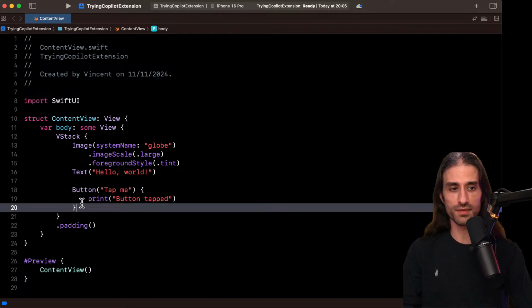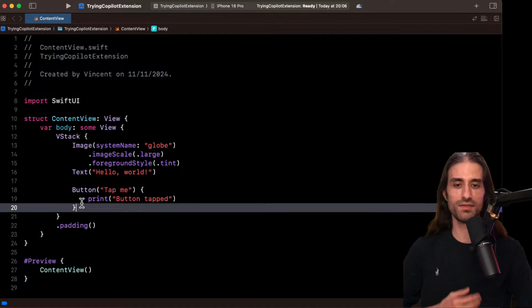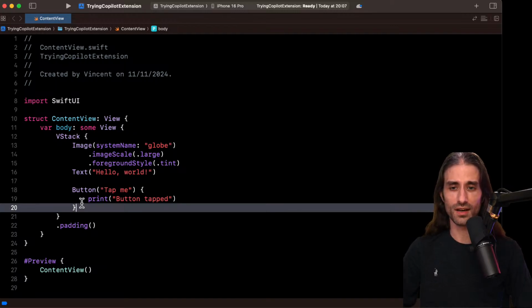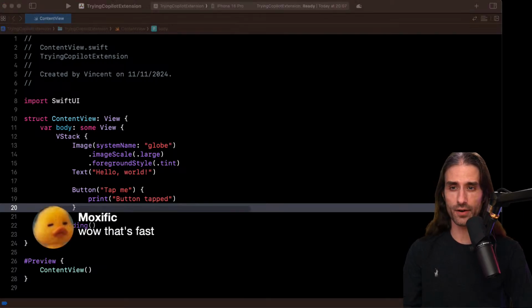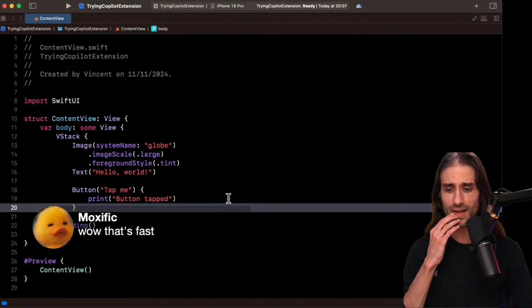It's kind of intuitive, and to me, for this kind of extension, that's what you need to nail, because it needs to feel reactive, snappy. If it feels like it's slowing you down, you will not use it, because it's just going to feel counterproductive. I tried it a few times before the live stream just to make sure it was working, and I was quite impressed. And I can see you saying in the chat that it's fast. Yeah, I agree. It's quite fast. I was quite impressed.